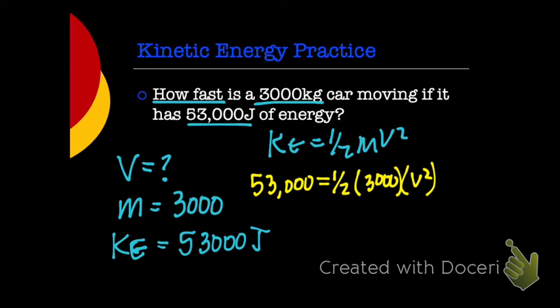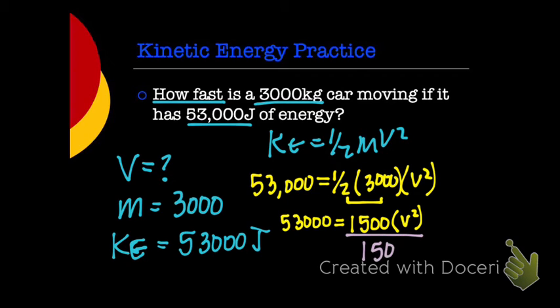Okay, we're going to multiply. I'm going to multiply these two together first. 0.5 times 3,000 gives me 1,500 times v squared equals 53,000. And then I need to do what? I needed to divide it over. So divide by 1,500. That cancels. So that gives me 53,000 divided by 1,500, which is